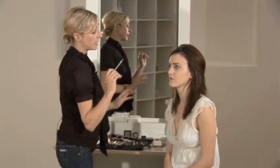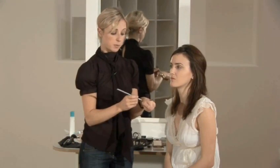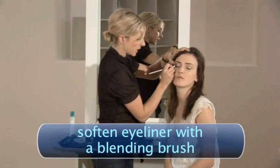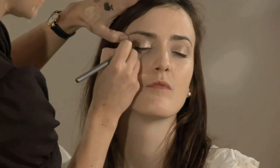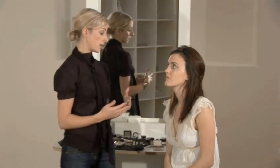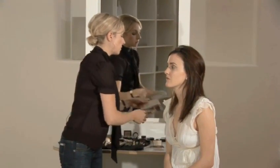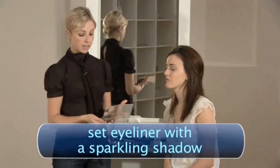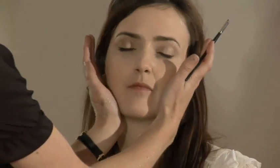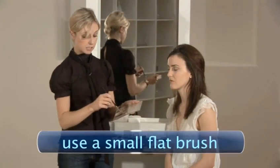Now I'm going to use a blending brush, which is just a sponge-based brush, to really soften this. Not making it smoky, but softening it. We just want to make this a little bit sexy. And then I'm going to set it using a sparkling black eyeshadow that's got little flecks of gold in it, just to bring out the gold that's on the eyelid. Just to give a bit of interest, using a very flat, small brush,